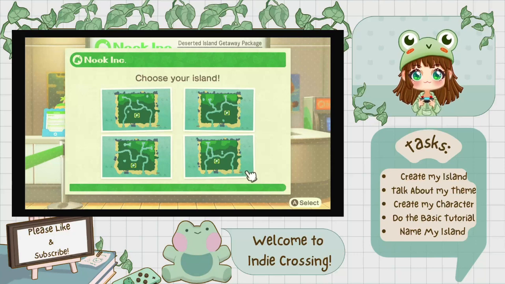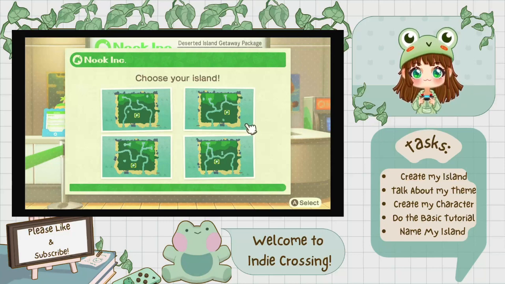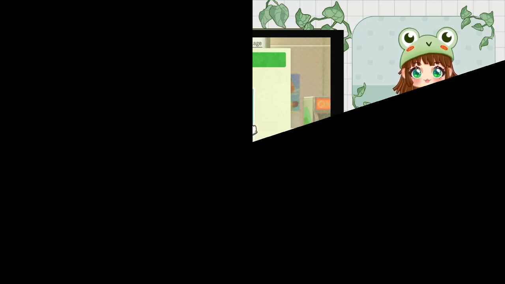But my criteria for island maps are that I like resident services to be in line with the airport, but have enough room to be able to design around it. So if we look at the top right, that's about the distance I would want, but it's not in line with the airport, so I don't really want to choose that. Anyway, I'm going to cut until I find a good map.